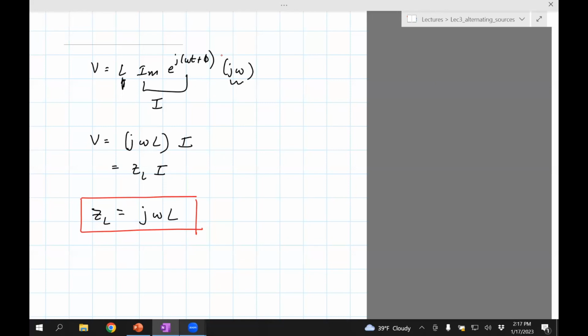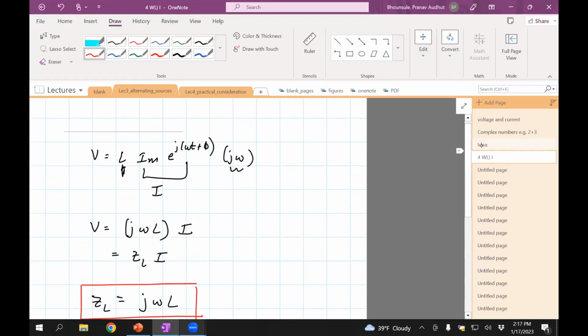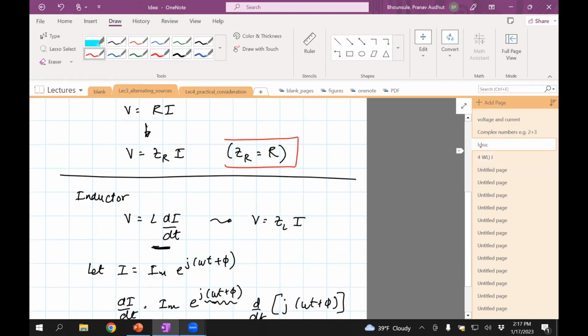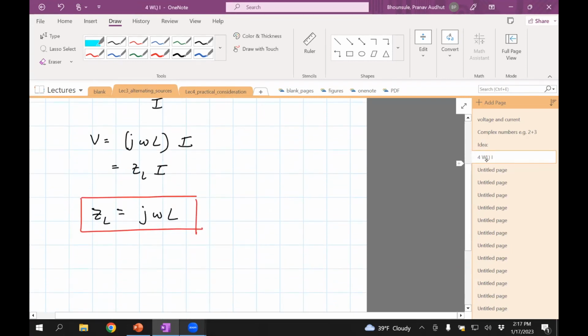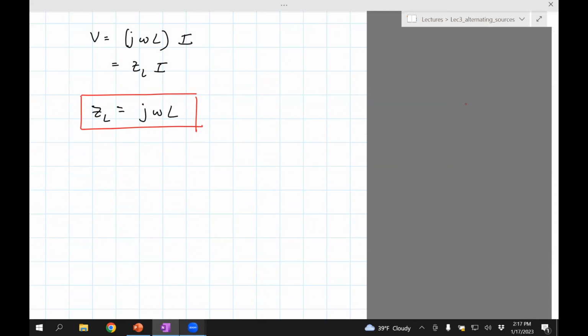In other words, the impedance, which is similar to a resistance, is proportional to the frequency. So the larger the frequency, the larger is the impedance of an inductor. This is for a resistor. Okay, so what does this imply for a circuit with